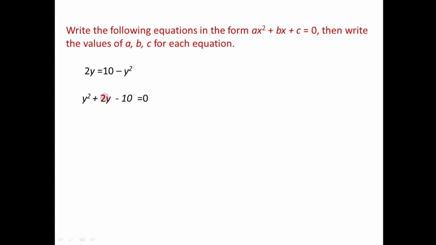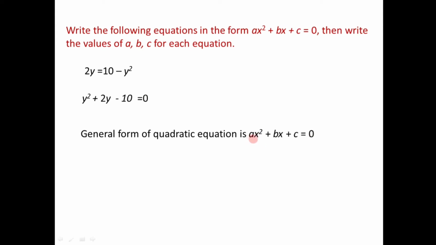Now we have to find the values of a, b and c. For that one we have to compare this equation with the standard form. That is, the general form of quadratic equation is ax square plus bx plus c is equal to 0. So if we compare these two equations, we can observe